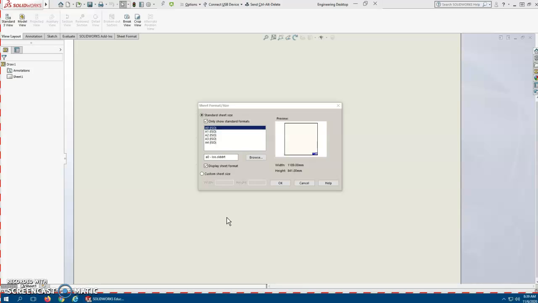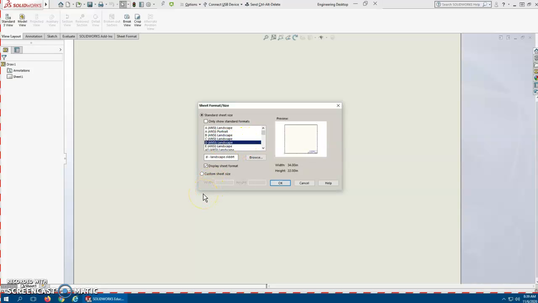And so now we're going to use a book size drawing. So we'll get rid of the only standard formats. And let's go down here and find our bouquet size. Okay, so the book wants a bouquet size. I don't see it. So what we're going to do is let's use a standard